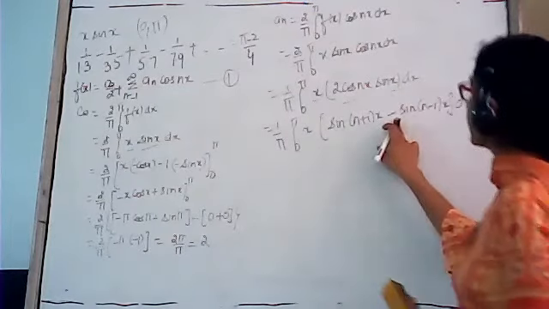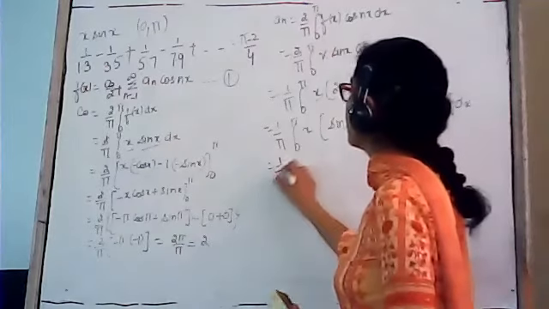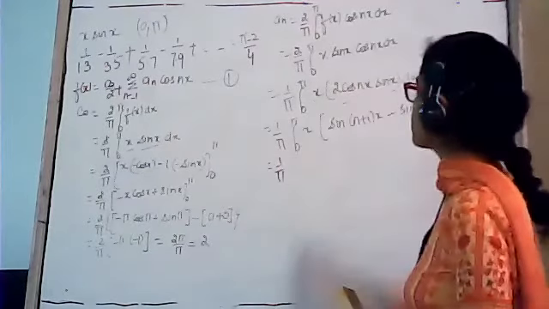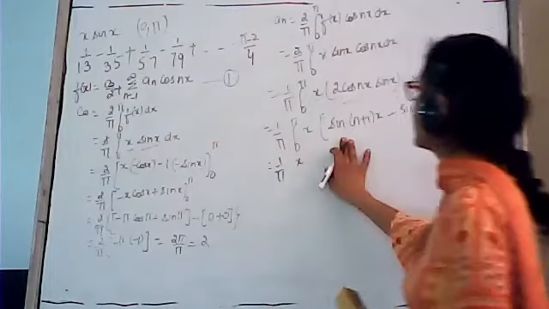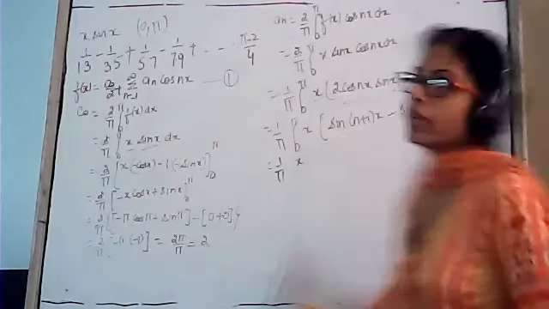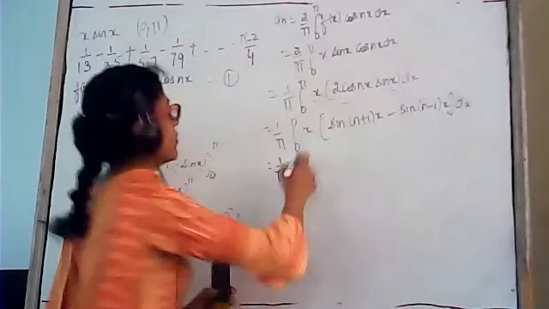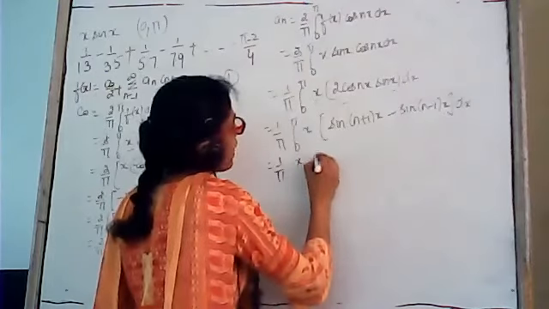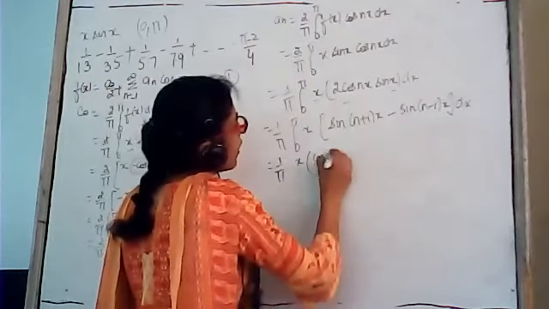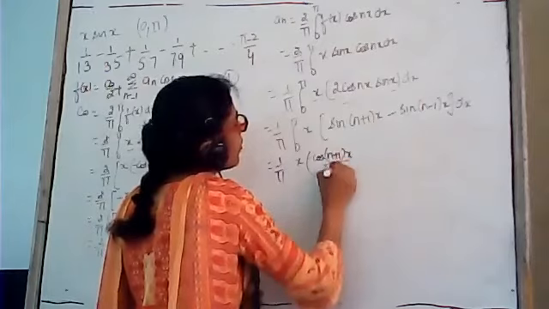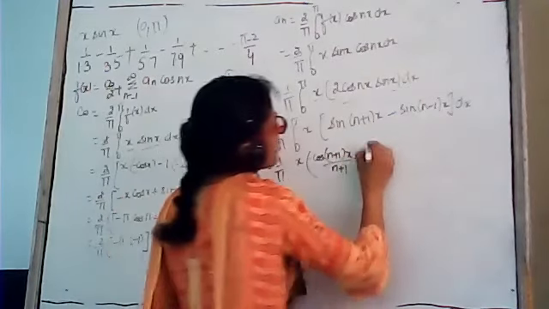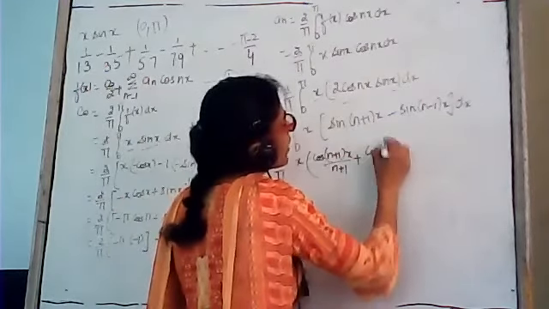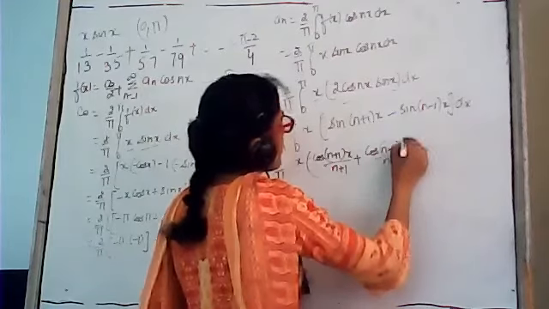माइनस का साइन आएगा बेटा इधर. This is equal to 1 by pi. First function as it is. Integration of second function. Integration of sine is minus cos of (n plus 1)x upon n plus 1 plus cos of (n minus 1)x upon n minus 1